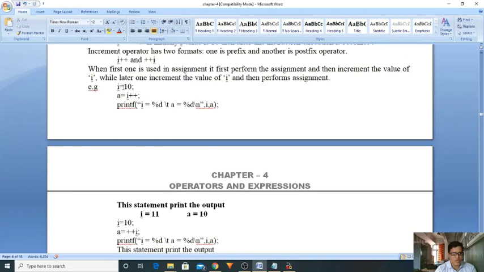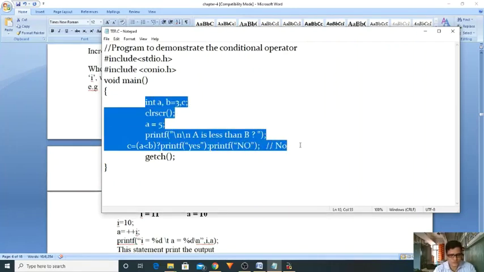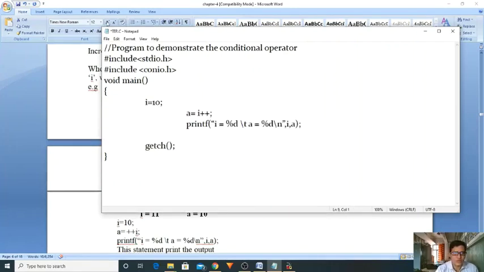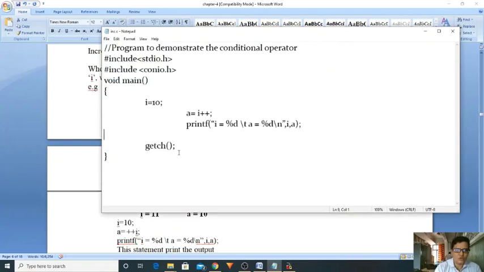Okay, I'm copying this program for your understanding, and I'm taking a new program. I'm pasting here. Let it be, and I'm saving as inc.c. Okay, now here the variable declaration has not been done.